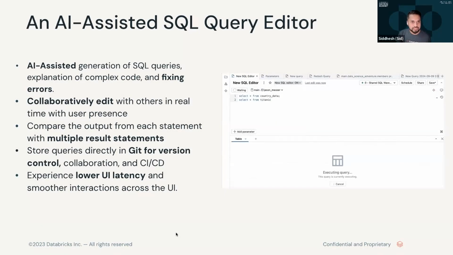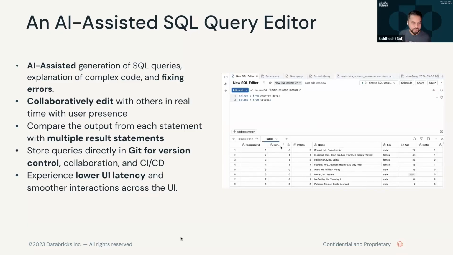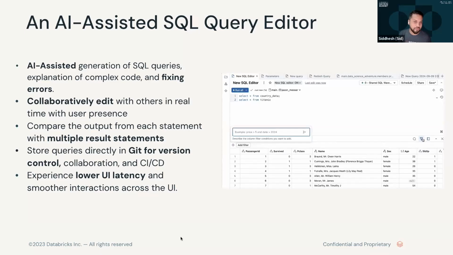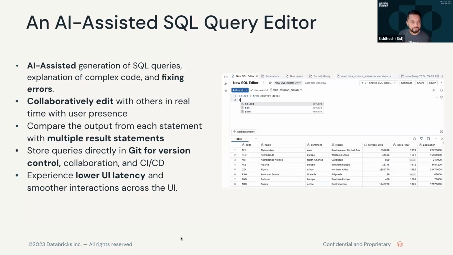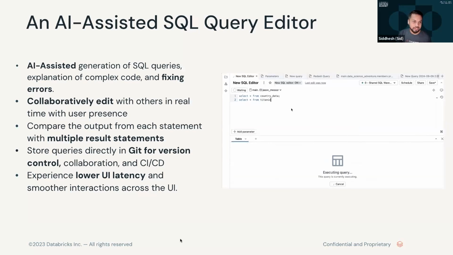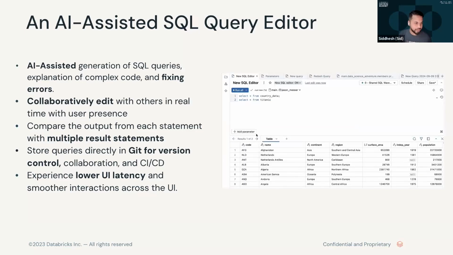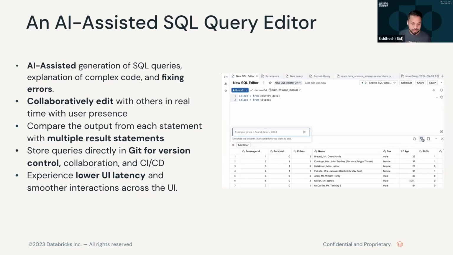With the AI-assisted SQL query editor, what I was trying to tell you is, you will be able to build your query automatically. At the same time, we have an assistant which will help you to, let's say, find and debug issues in your query and fix them. And when you do all those things, you can store your queries and connect to your DevOps engine. You can connect to your Bitbucket. That way, your queries or your jobs are not only on the workspace, and you can improve team collaboration.